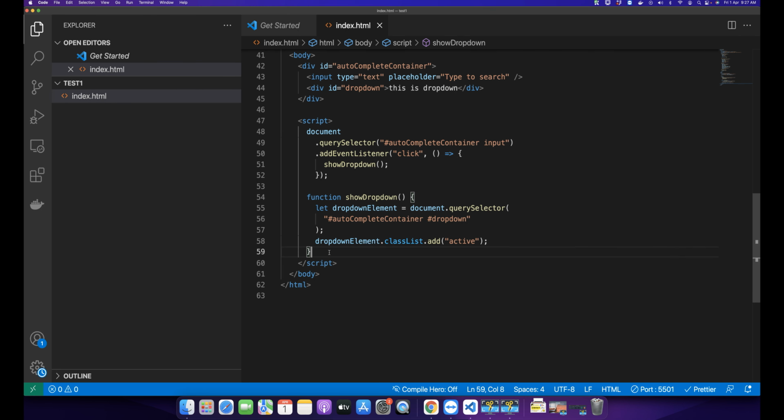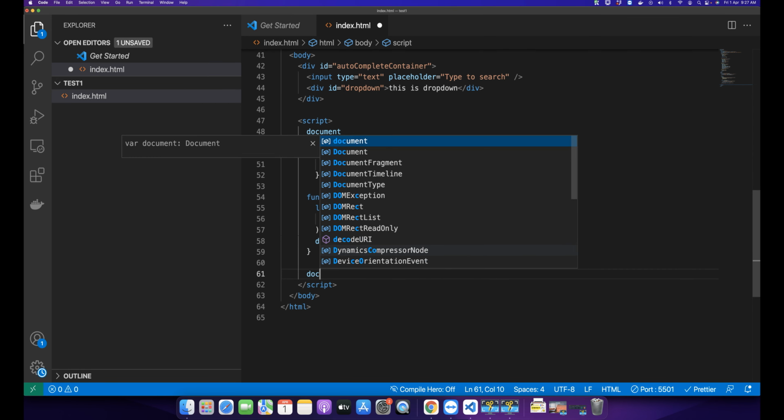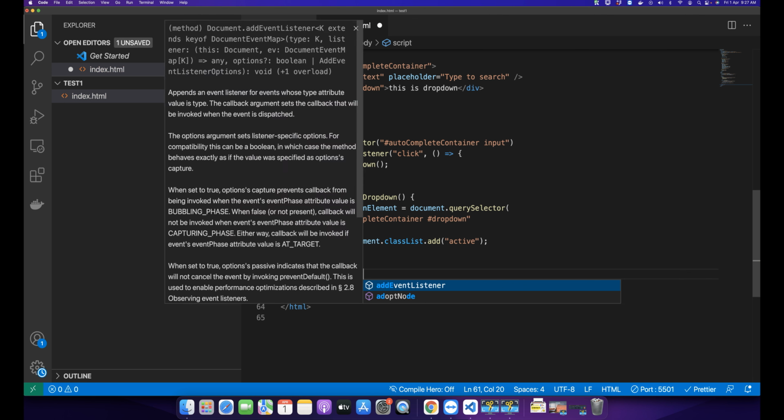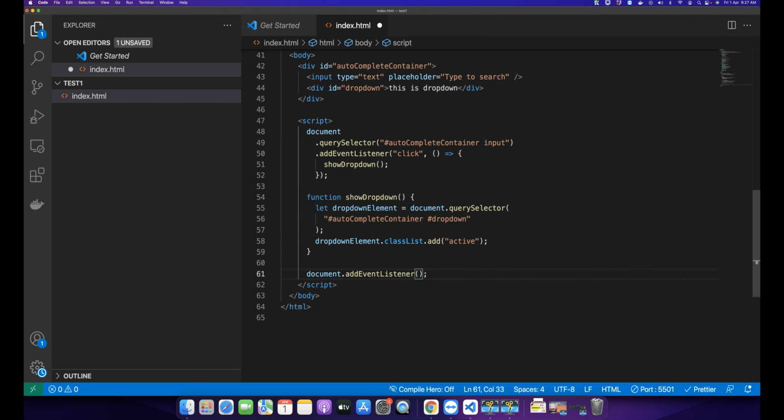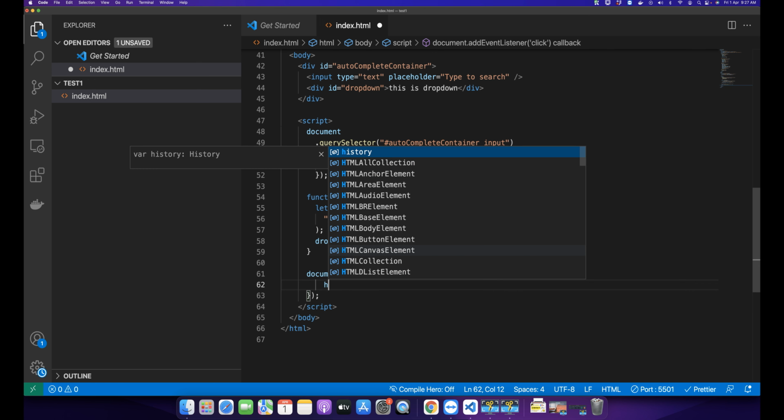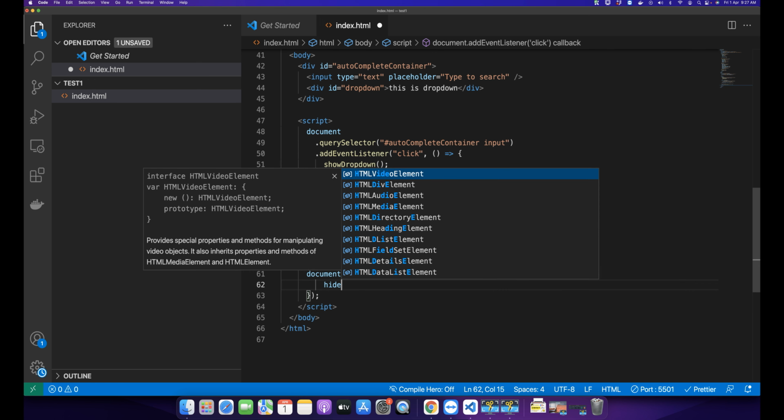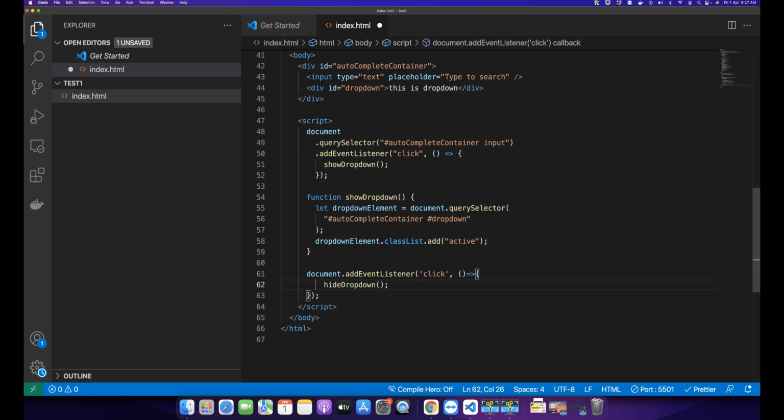So now as I want to hide it, I would add another event, document.addEventListener, click, and in this function, I want to hide the dropdown. So I would just call that function. I'm going to create that function now. Function hideDropdown. Oh, so not this. It is just